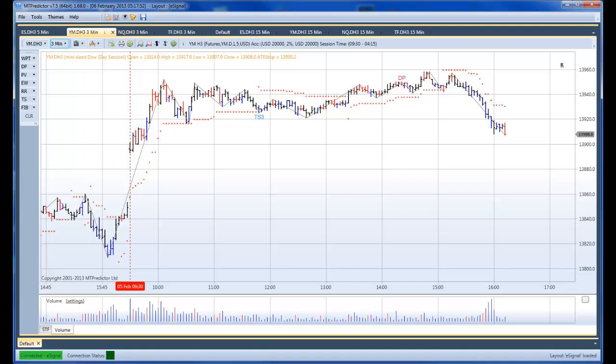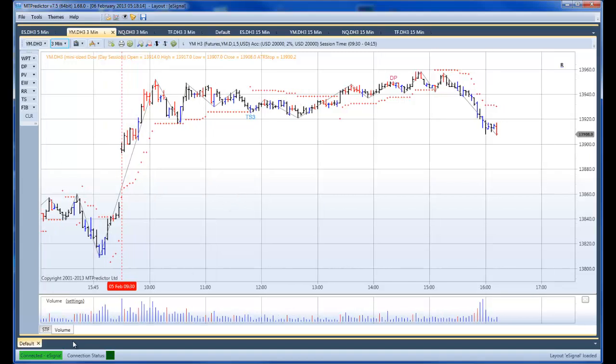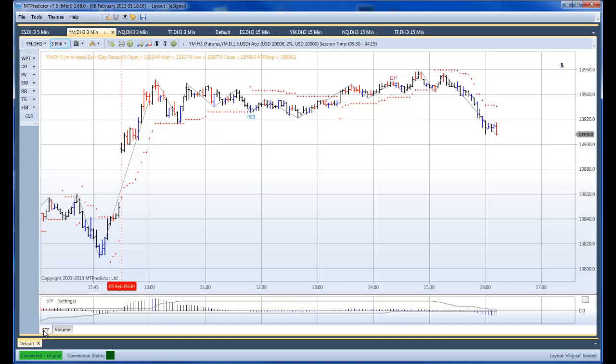Today I'd like to look at how yesterday, which was the 5th of February, unfolded, particularly on the YM. I want to do it on the YM because I want to show how it's important to not only follow different time frames, but also to be aware of some of the more advanced techniques that we use in MTPredictor. So if we first look at yesterday on the YM, on the 3-minute YM, we look